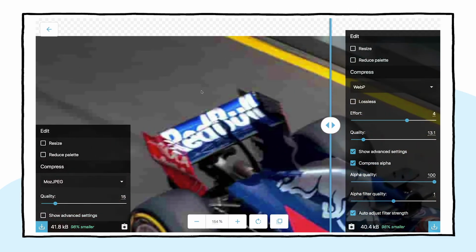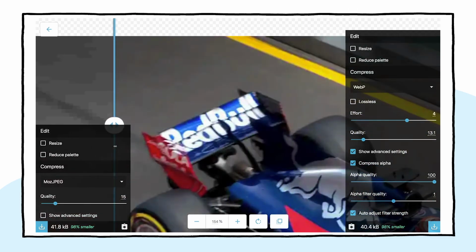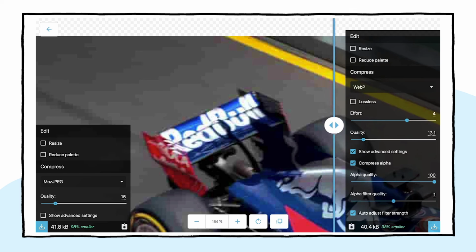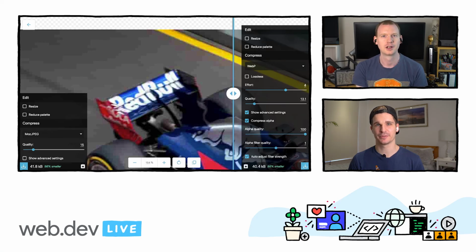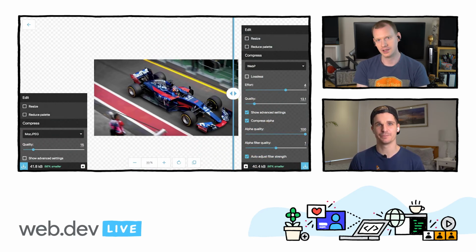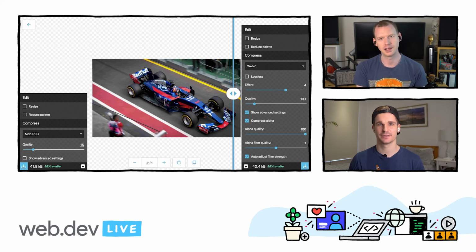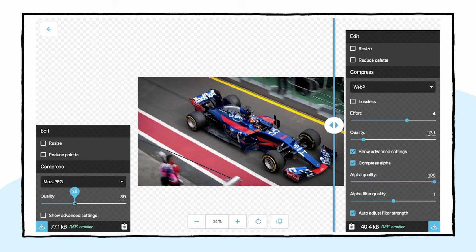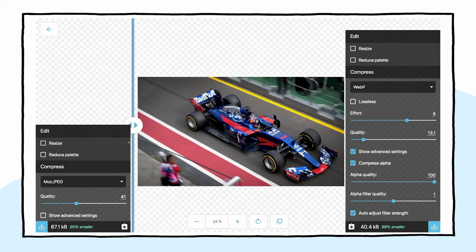JPEG creates this horrible blocky effect across the road, and like I said, this is low frequency data, so this is going to be like the circle in the sky. It's just super obvious. It looks horrible. The transition from the yellow strip to the road makes it really obvious where the data is lost. You get to see the blockiness there, and this is where the filtering that WebP does is much better. So I just have to increase the size of the JPEG until that horrible blockiness goes away, and at that point it's over double the size of the WebP.